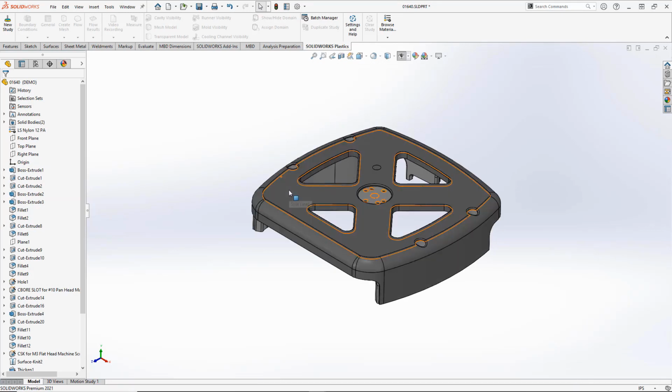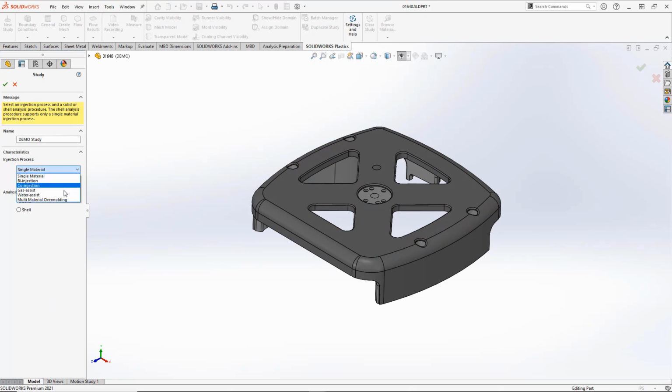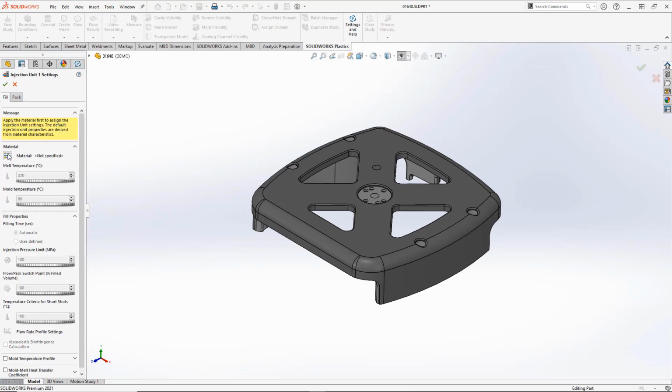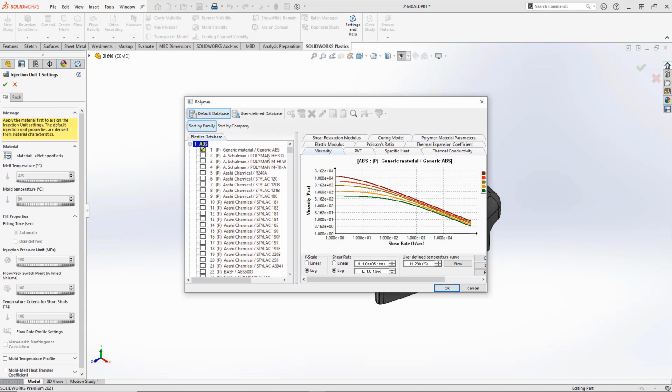This manufacturing process is perfect for parts like this that require a soft protective covering molded over the rigid plastic, but can also be used on parts requiring injection of up to 6 different materials within the same cycle. You can now also fully define your analysis before meshing is required.